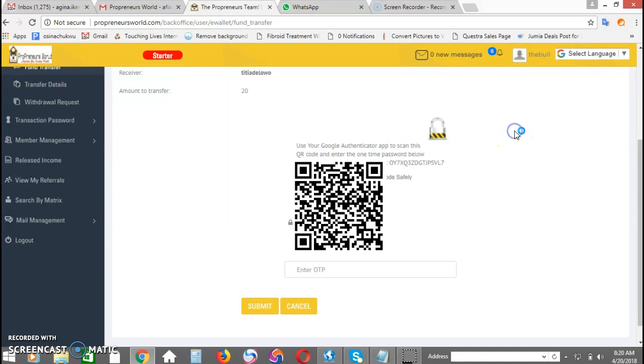Now, once you download that and open the app, it's going to ask you to scan a barcode. So I'm going to scan this barcode now. Yeah, so I scanned the barcode and it's generated a code on my phone. Unfortunately, you can't see that on my phone right now. But I have the code, so I'm going to enter that code right now,